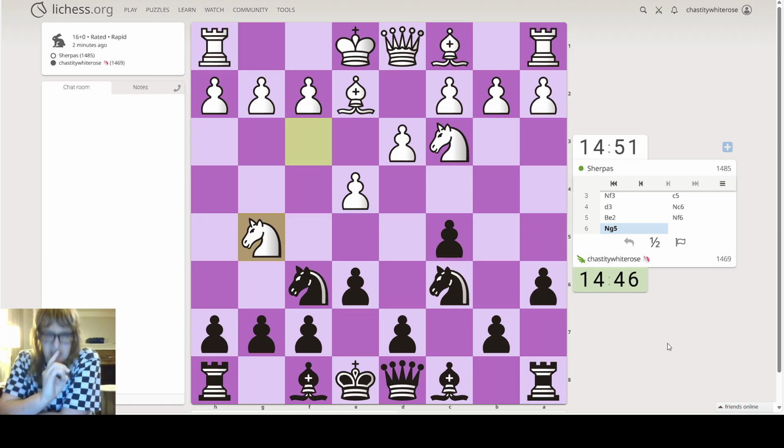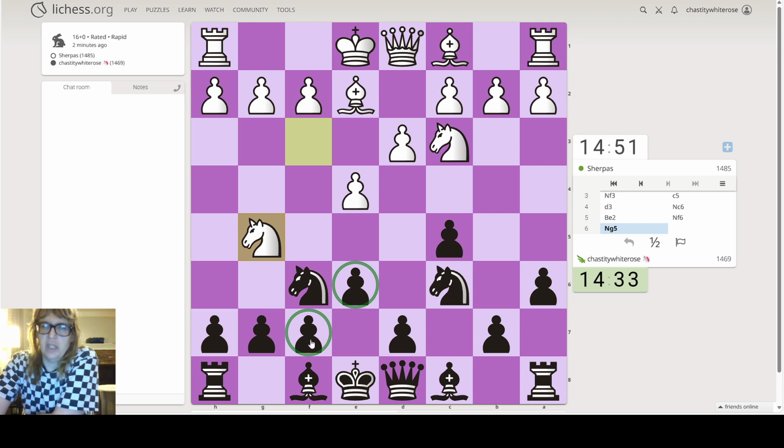Interestingly, they moved the knight there. So that knight targets this pawn and this pawn, both of which are protected. But here's the tricky thing. This one is only protected by my king. If their knight goes there and takes that pawn, my king would have to capture it. And if my king captures it, then they bring the bishop out here, and then they have me in check. And then I can move that pawn out of the way, which isn't the worst thing in the world necessarily. But